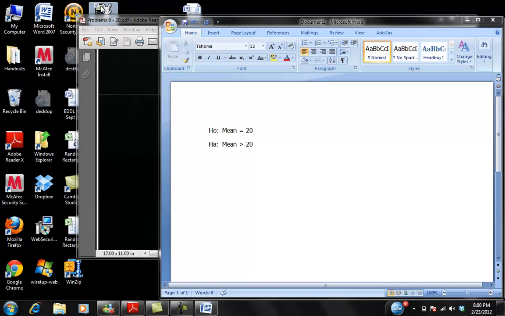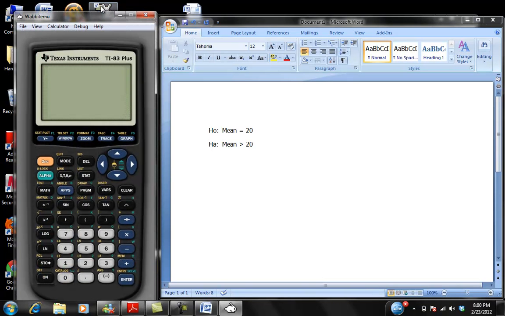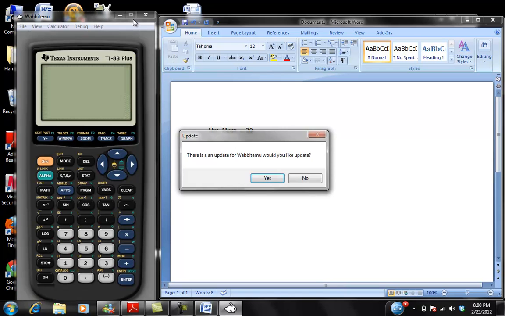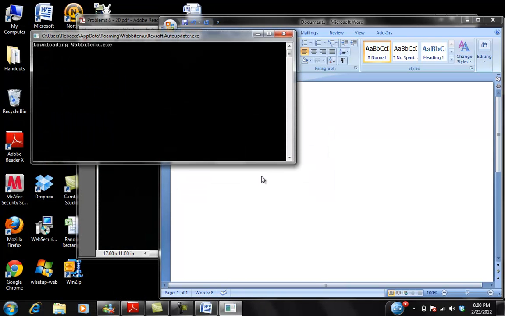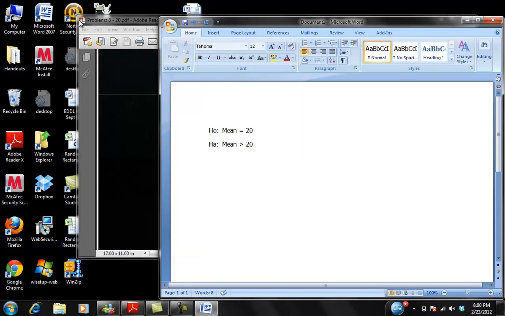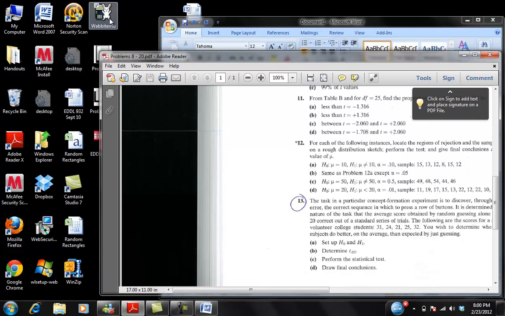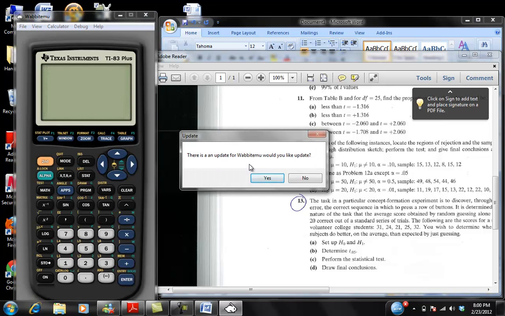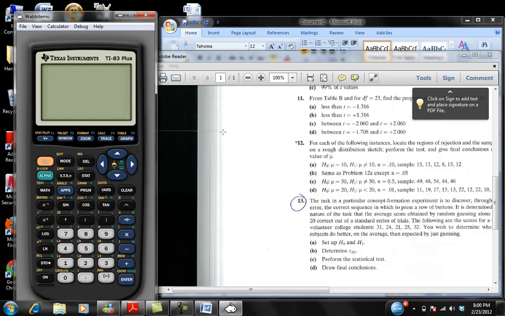So again, I have a calculator here on my computer that I'm going to demonstrate. You can download this calculator from the internet. You could get an app for your phone. Oops, interesting. Hold on. Let me try to open my calculator again. Okay, so you can get an app for your phone, you can get an app for your iPad. I could lend you one of these, but really I highly recommend getting some portable technology that you can use for the class. Okay, so what I'm going to do is turn my calculator on, and